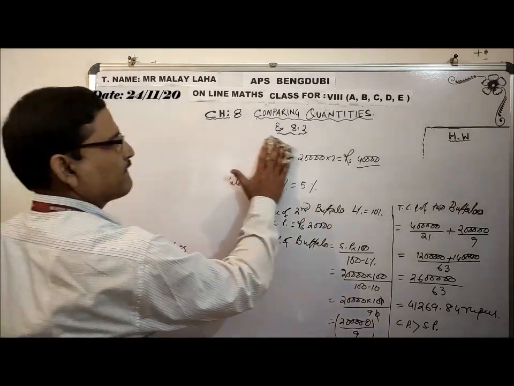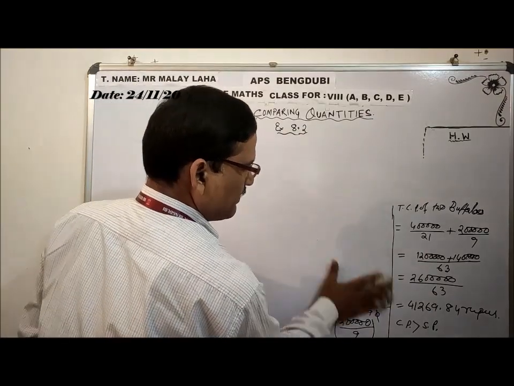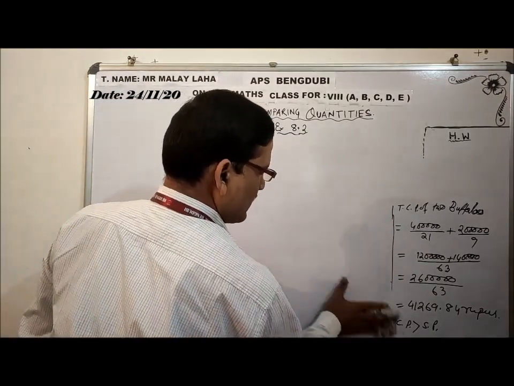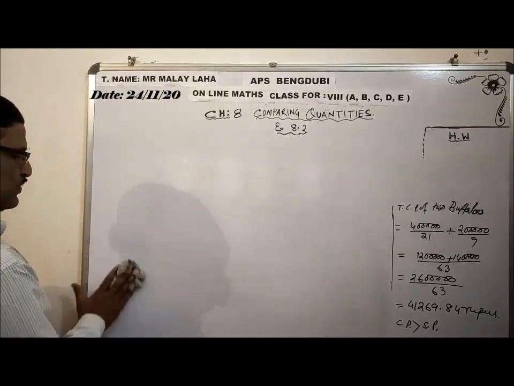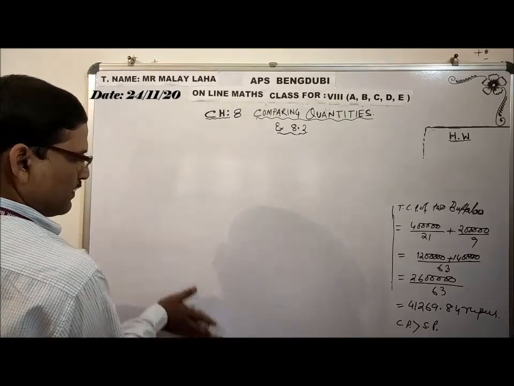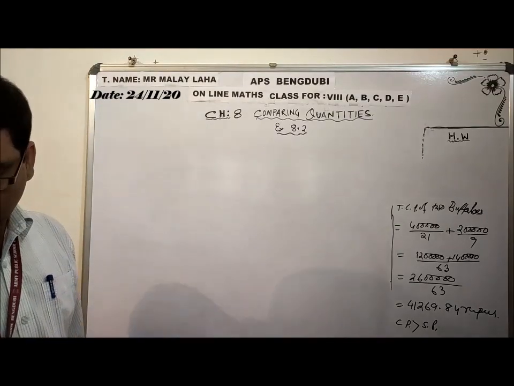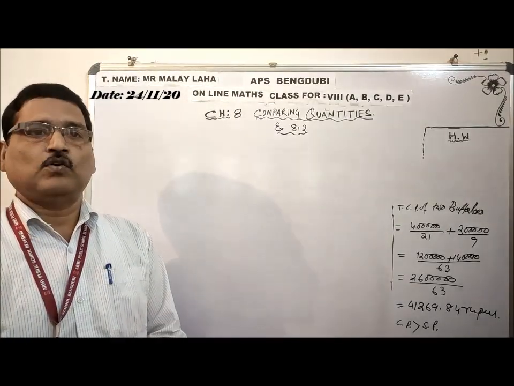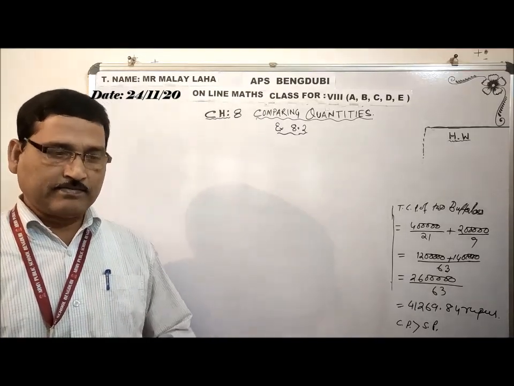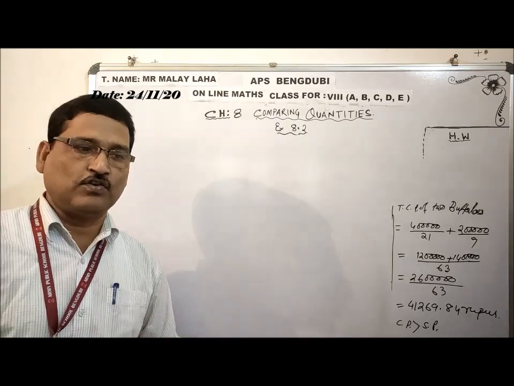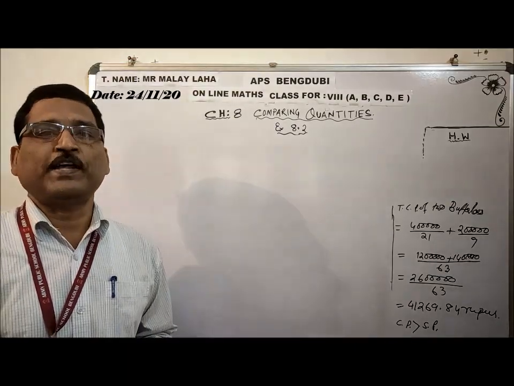Question number 8. Very simple. If you are not able to do it, that means when you are going to market and purchasing something, you will be losing something. Okay? The businessmen generally don't try to make a loss. When they are selling, it means they are also purchasing the item from somewhere, and after that, how much is the cost, how much is the transportation cost, everything is added on the item, and thereafter he is thinking how much profit he has to earn.